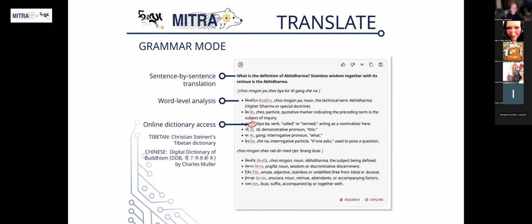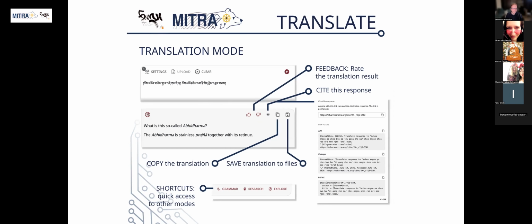Now, moving on to the grammar mode. This enables a more detailed breakdown of the sentence. If you start with a Tibetan sentence, for example, it gives a word segmentation, and then it also provides links into Christian Steinert's Tibetan dictionary for all of the individual words.